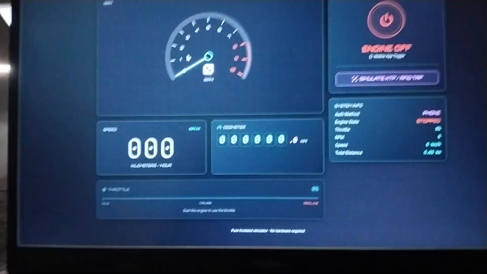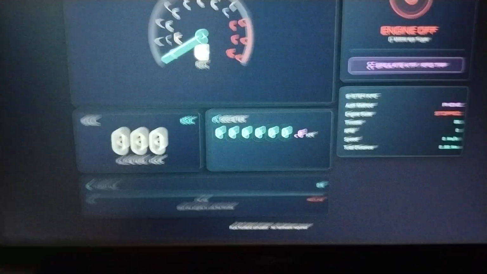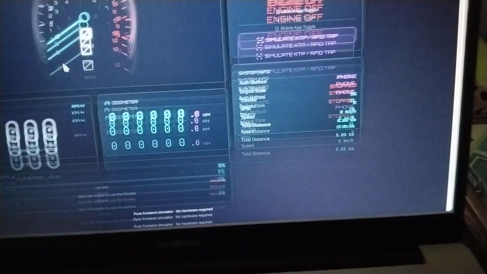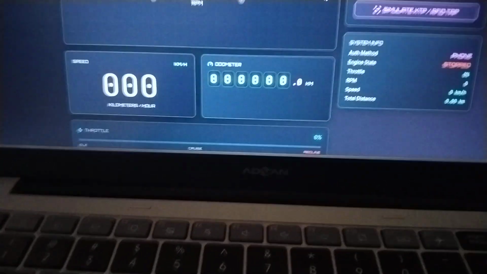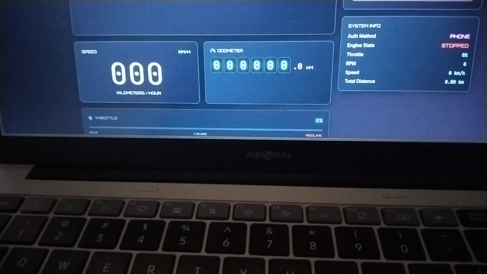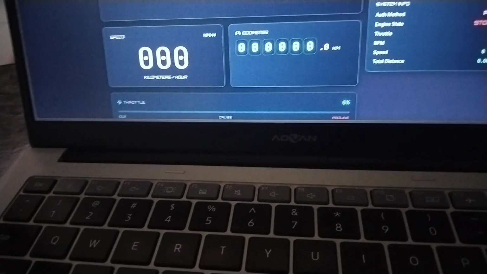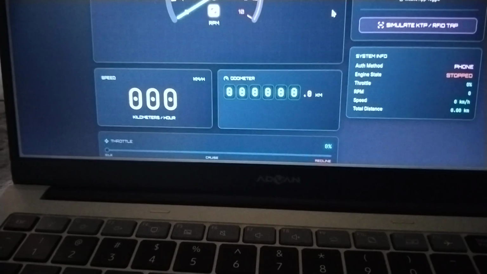And now look at the final result for the UI/UX.